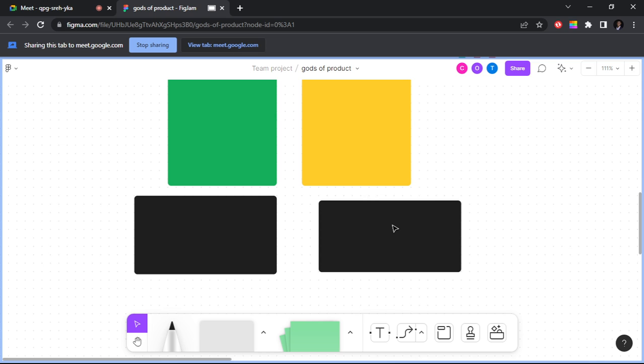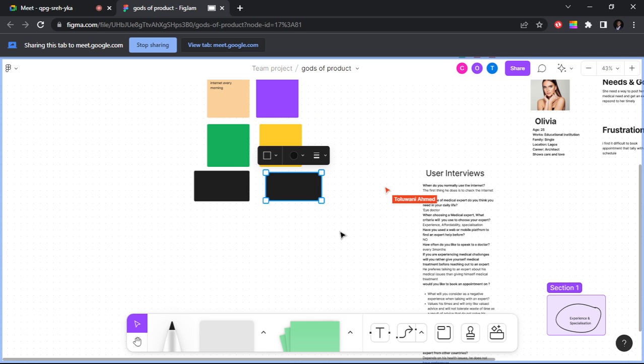So from this problem now, and from what we've discussed in class, and from these samples that you have, the link to this file is posted on the WhatsApp group, so everybody should have access to it, so you can see the kind of questions we drafted in class. Now use it and draft at least 5 to 10 questions. It must not be complex. If you have 5 to 10 questions, it's fine. Just use it and come up with something so you can say, okay, I did this interview, now this is what the user was saying based on their response. Remember that